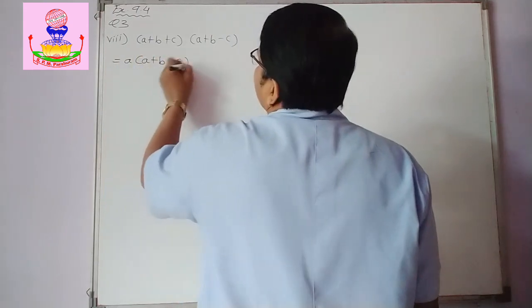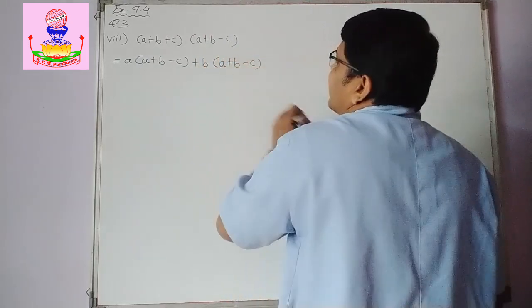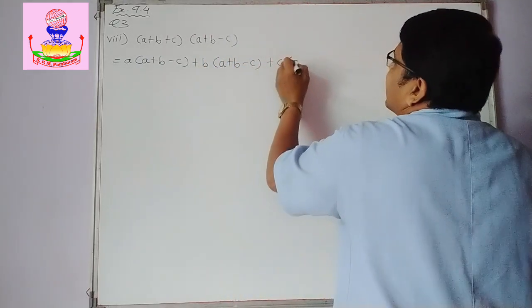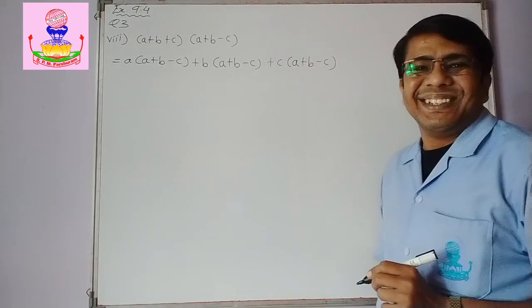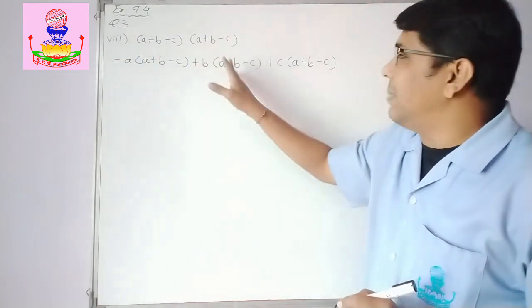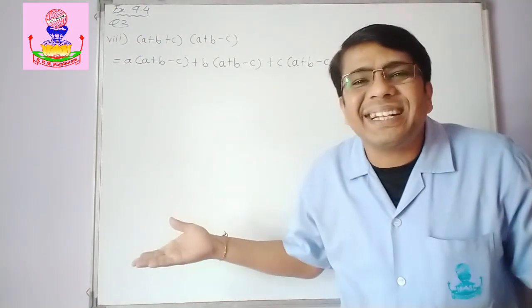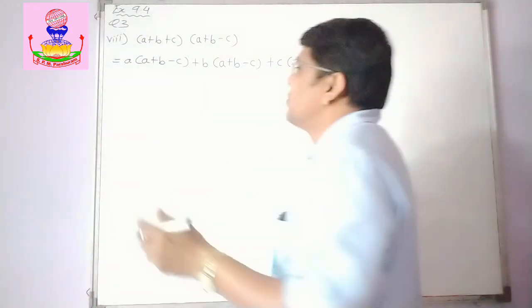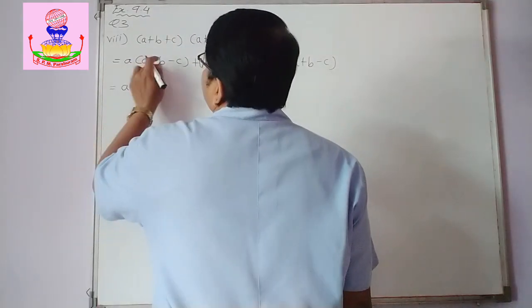So a into bracket a plus b minus c, plus b into bracket a plus b minus c, plus c into bracket a plus b minus c. Okay. Now what is this? Monomial by trinomial, monomial by trinomial, monomial by trinomial. We know that. We have done it. Okay. So open the brackets and